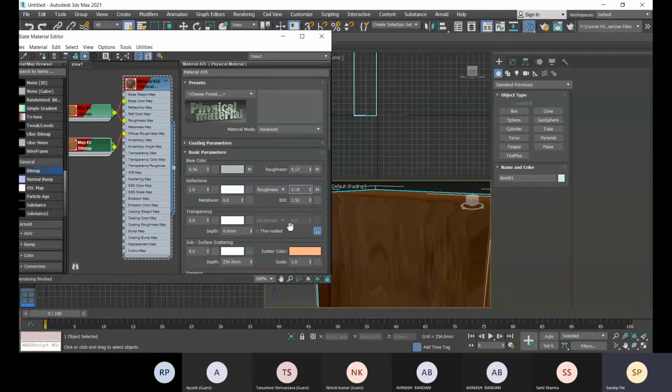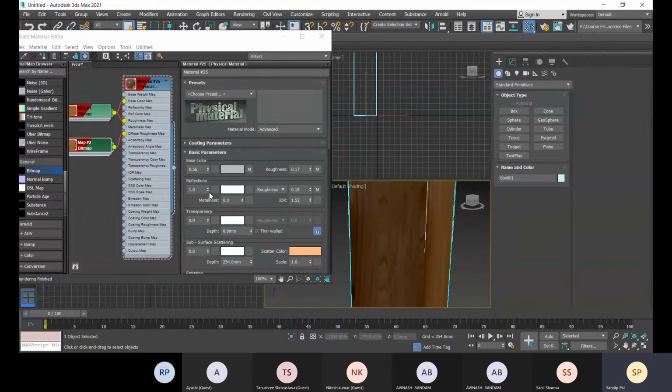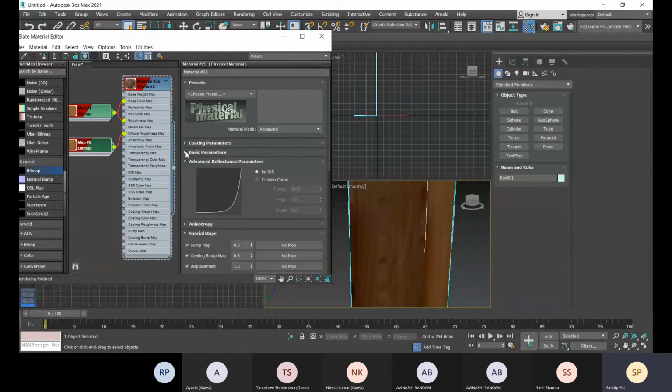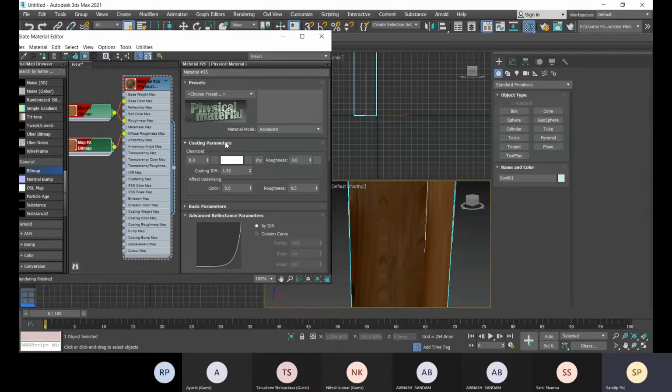And if there is any reflection, you can also provide reflection. So there will be some reflection, that is all done. And which color will be reflected? White, according to the light it will reflect, so that is okay. And it will scatter color, so that is right now okay. And it will not be transparent, since wood is the material, so it will not be transparent. And there is no metalness, so metal will not be there. So this is done.